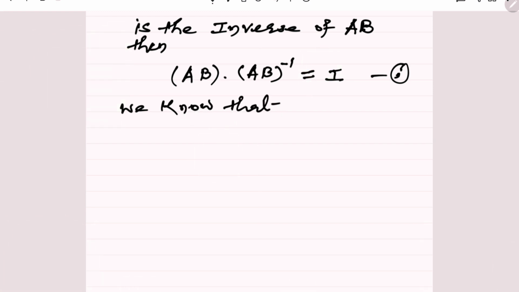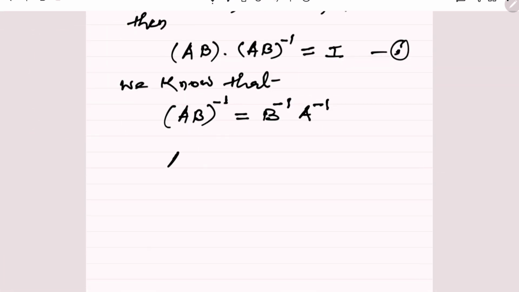We know that AB inverse is B inverse into A inverse, a property of inverse. And therefore, substituting that AB inverse as B inverse into A inverse in equation 1,